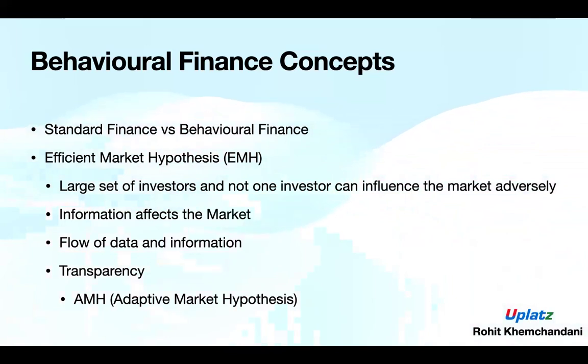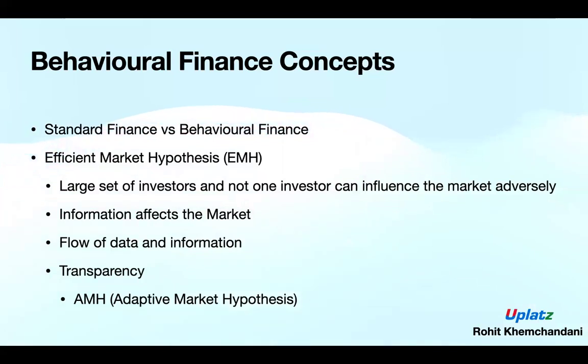So basically, all three forms are negating one of the theories related to standard finance. The first one is rejecting the technical analysis. The second one is rejecting the fundamental analysis. The third form is sort of negating the market information which is there. Hence, these basically are the forms of market efficiency, which come under behavioral finance.